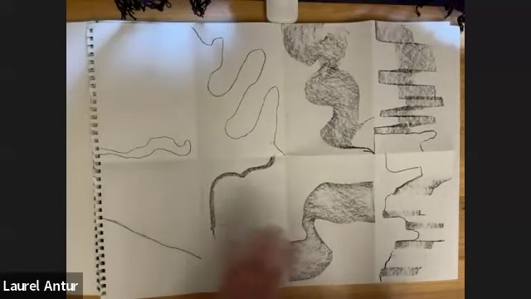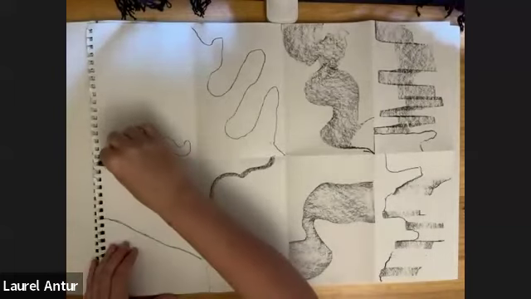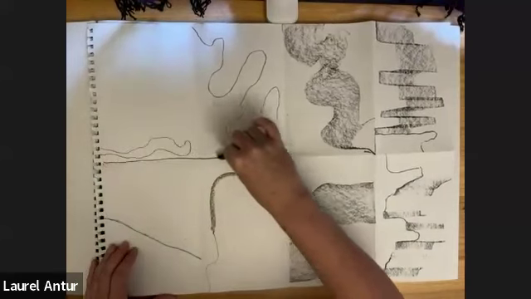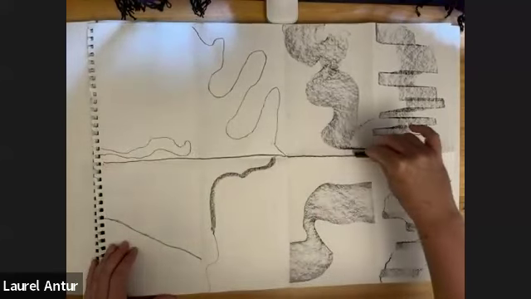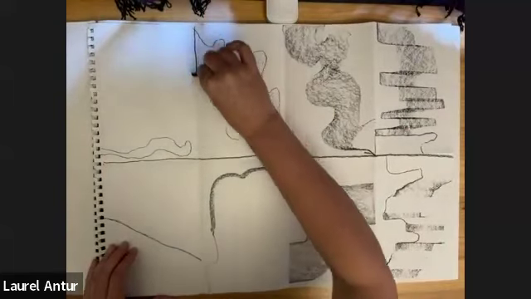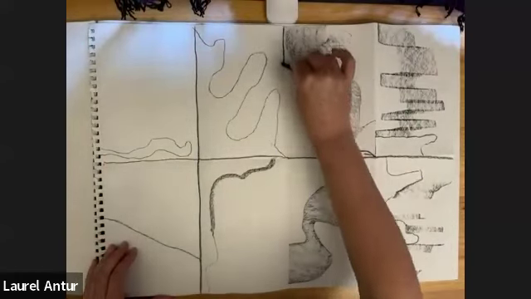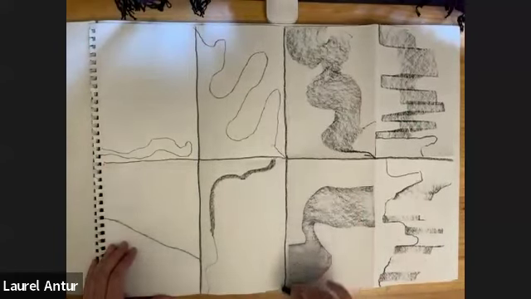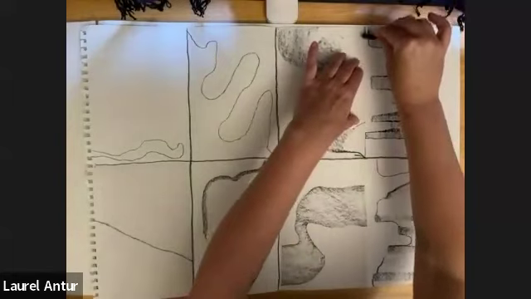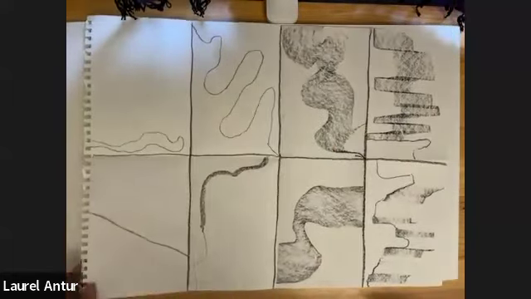Okay, so having done that, we have our lines, and I was focusing very much on the line I was making, but now I want to become aware of the space that I created by doing that. I'm just going to draw this line to divide these up so it's more clear where the edges are. I kind of wish I had not done this, but that's okay. I kind of liked how it looked better before. But anyway,